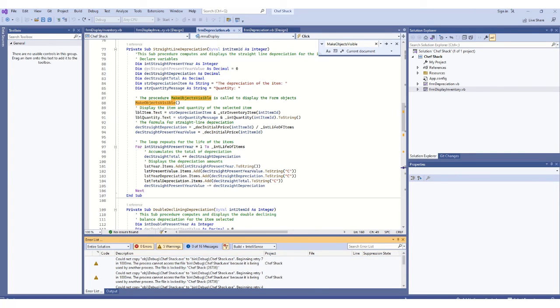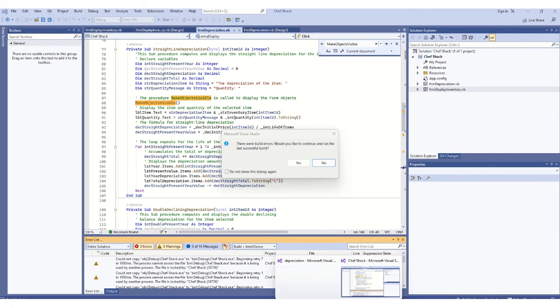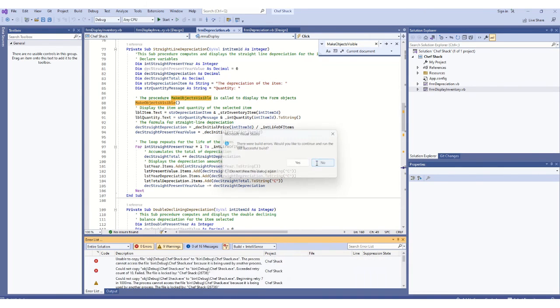Okay, I think I have another application running, so I have to kill that one. So what is going on? So debug, let's